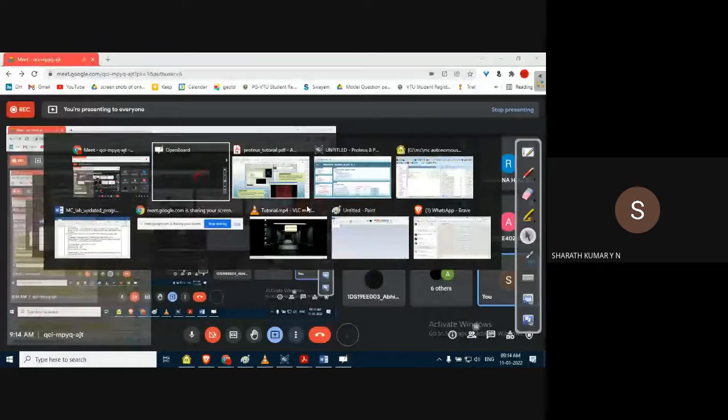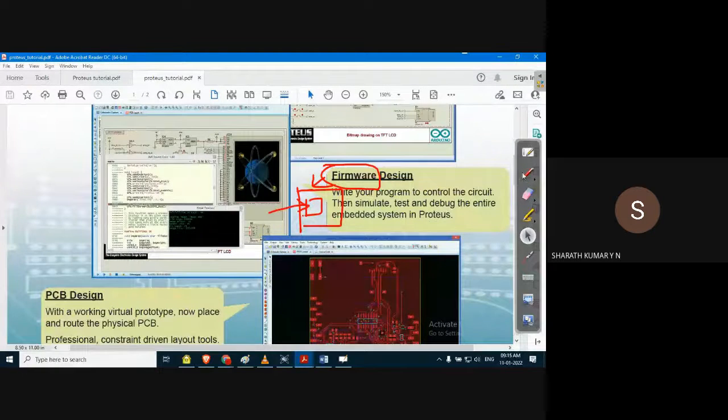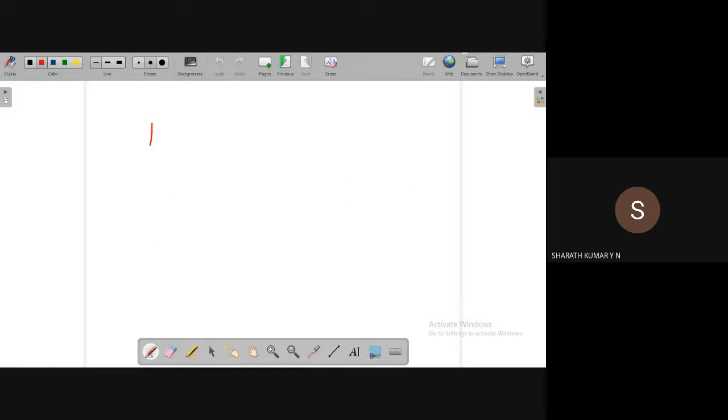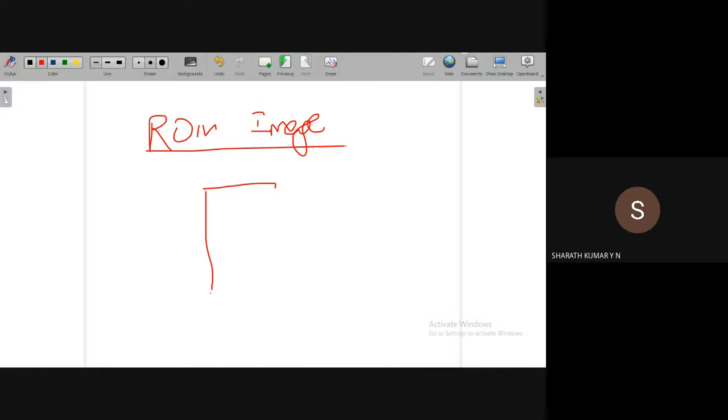The general meaning of a firmware is, guys, in fact, we also call it a ROM image, just for your information. ROM image, also called a firmware. What this ROM image consists of is a simple memory, a ROM memory, which has both the code as well as data.